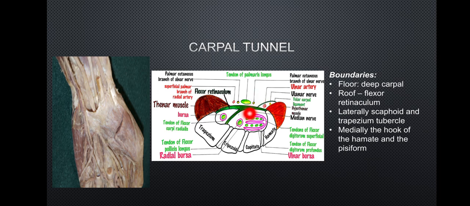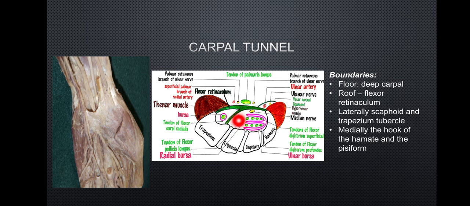Here you could see the median nerve, whereas the palmar cutaneous branch of the median nerve doesn't pass through this flexor retinaculum or the carpal tunnel, and it passes above the flexor retinaculum. So basically the median nerve, the 4 tendons of the flexor digitorum superficialis, and the 4 tendons of the flexor digitorum profundus, along with the tendon of the flexor pollicis longus,